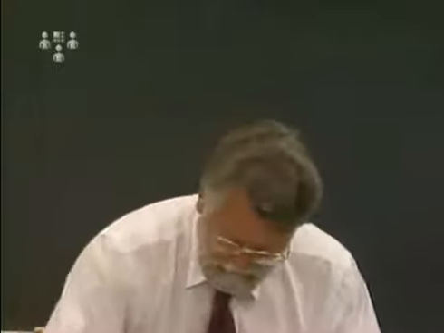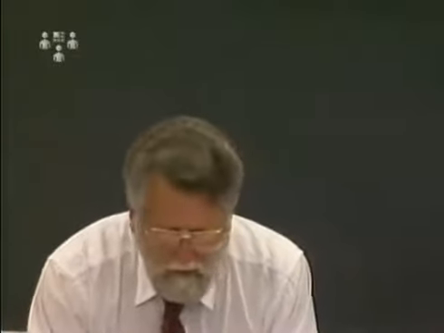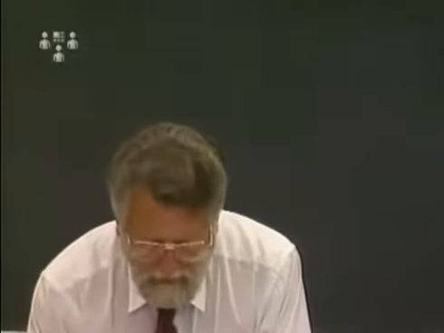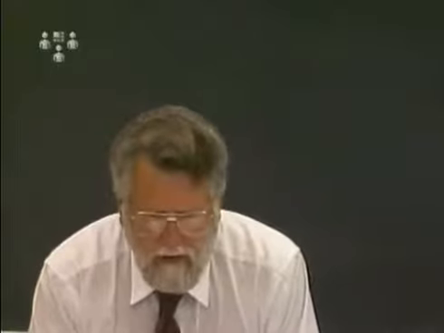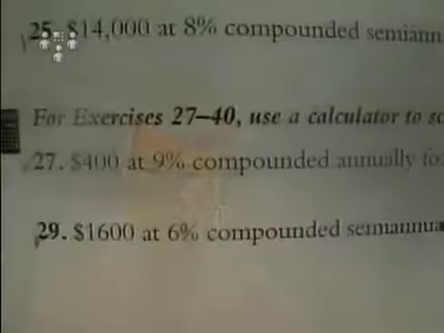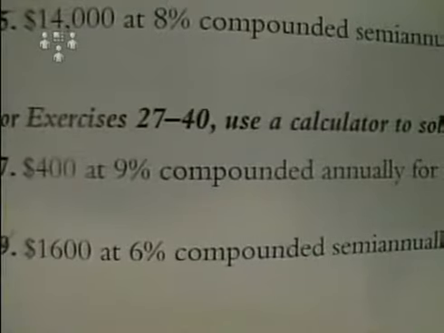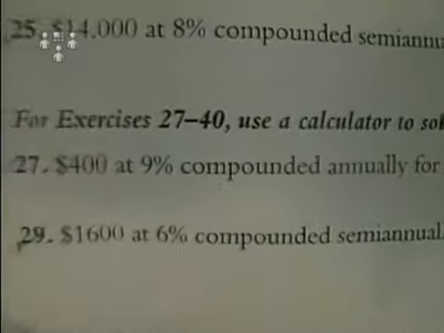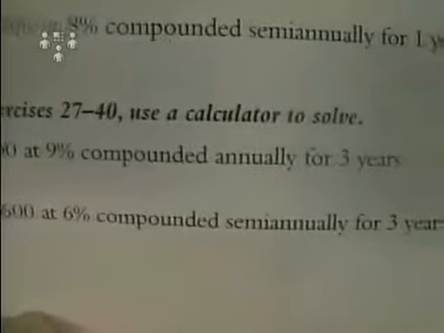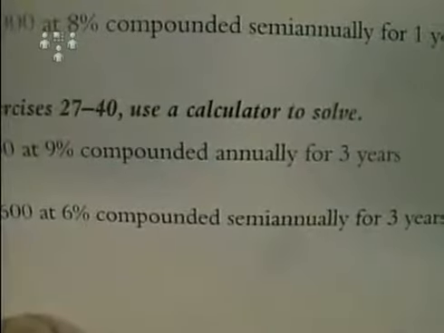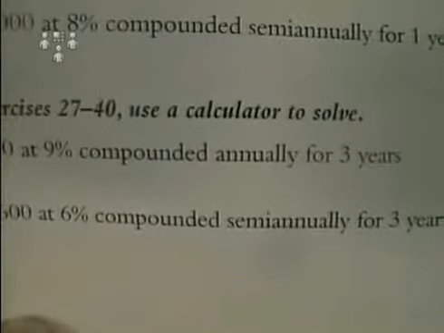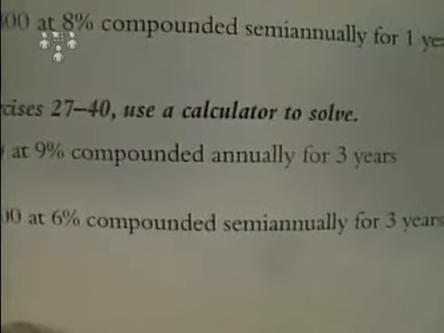If I can get the document cam so I can pick up the problem. Okay, the problem states, let's see. Let's cut to the document cam. Now we have $400 at 9% compounded annually. And then I believe it says that we want to do this for 3 years. And of course it indicates here calculator to solve. But aside from that, as I go to the board,